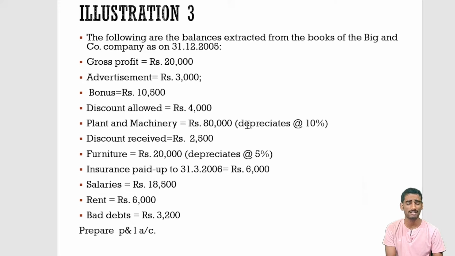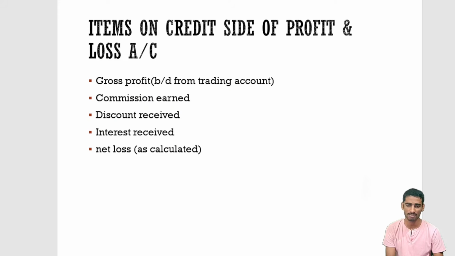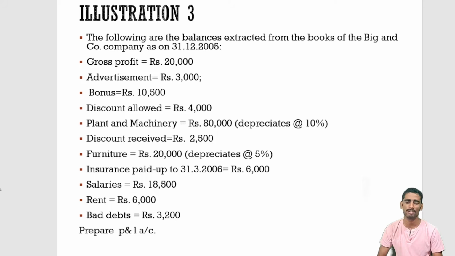Okay, if it is not mentioned anywhere what the rate per year is, then you have to consider it generally as per year depreciation, which will be 10,000. Now discount received will be 2,500. So discount received you have to write on which side, that is on this side. I have already discussed the format too. Discount and the like that you receive, you will write on the right side, or you can say on the credit side. So if you keep these things in mind, then you can easily prepare it, no need to worry about that. Okay? Then furniture cost 20,000, depreciated 5%, discount received 2,500.